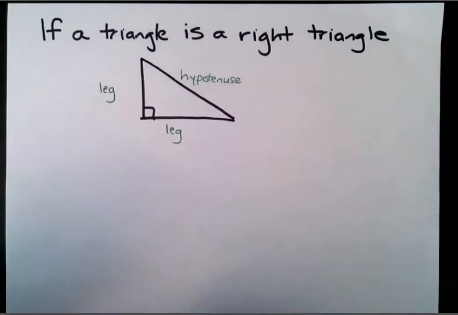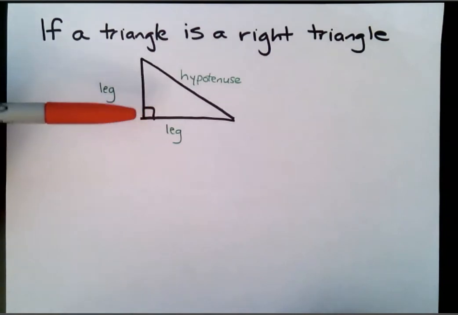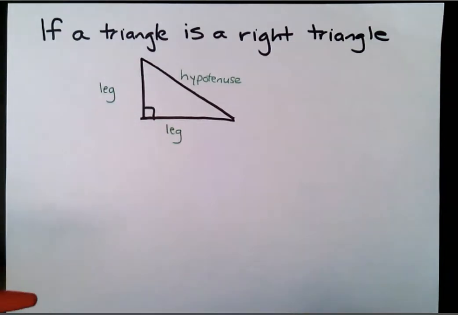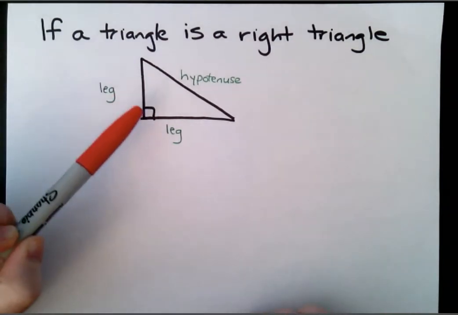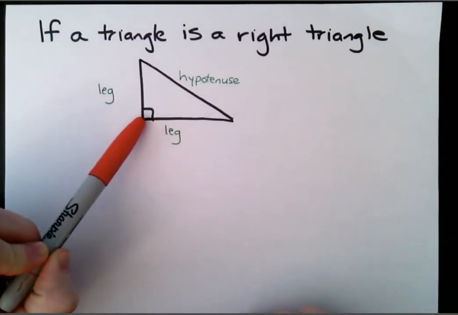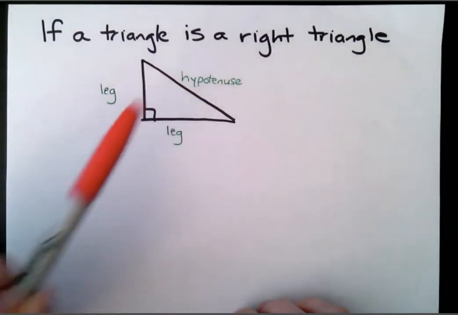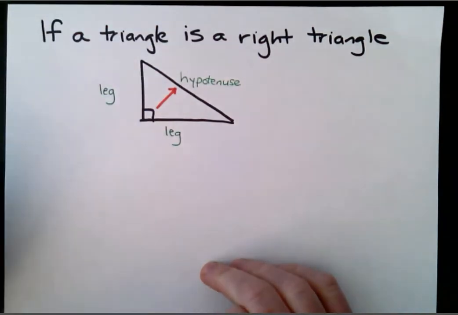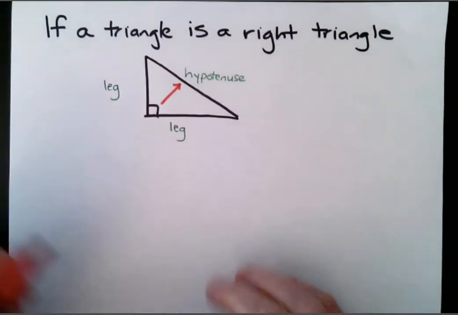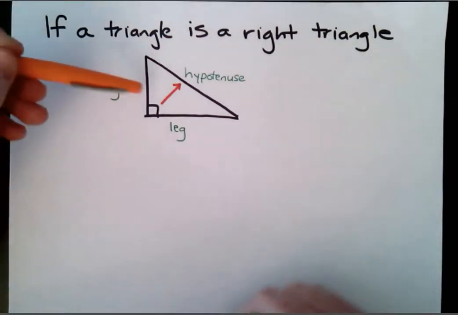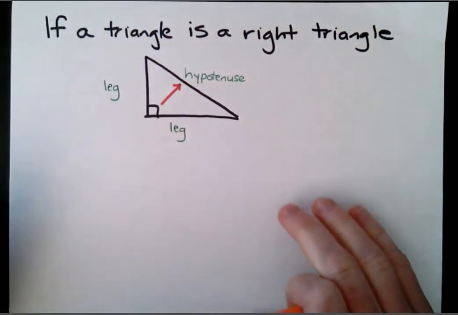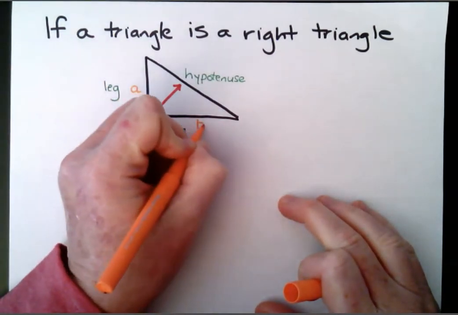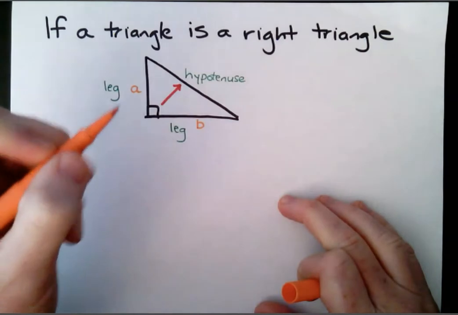So first of all, what is a right triangle? A right triangle is a triangle where one angle is exactly 90 degrees, and that's shown with this little square in the corner. The side that is opposite the right angle is always the longest side, and it's called the hypotenuse. It's always opposite the 90-degree angle. The other 2 sides are called legs, and we typically designate these with the letters A, B, and C. So we'll call this one A, we'll call this one B, and the hypotenuse is always designated with the letter